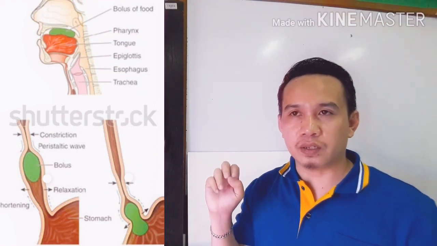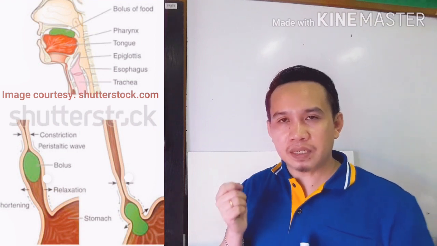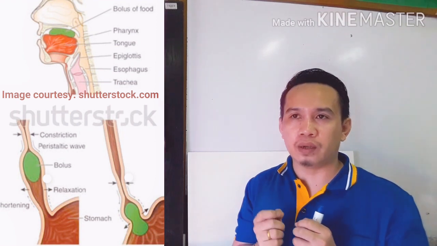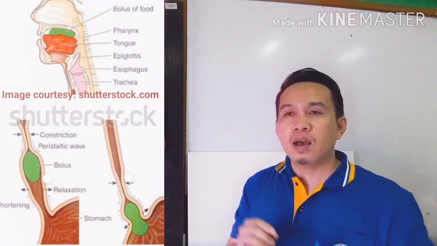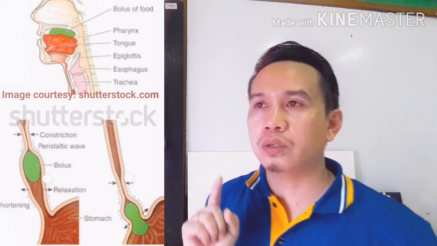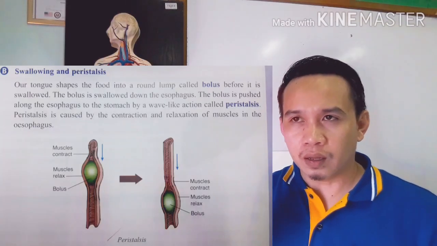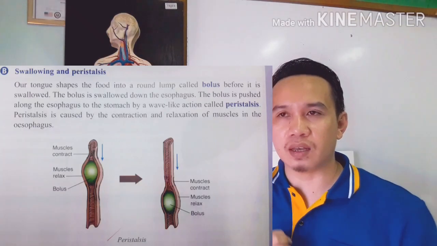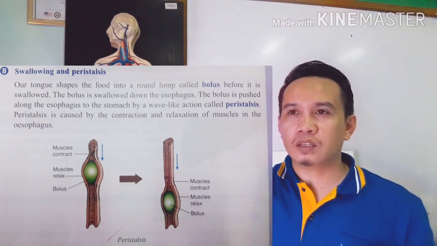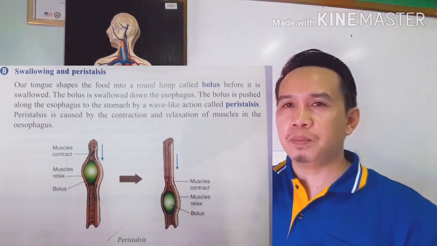For the second process of digestion, there is what we call swallowing and peristalsis. So what is the job of swallowing and peristalsis? Our tongue shapes the food into a round lump called bolus before it is swallowed. That bolus is swallowed down the esophagus. The bolus is pushed along the esophagus to the stomach by a wave-like action, and that is what we call